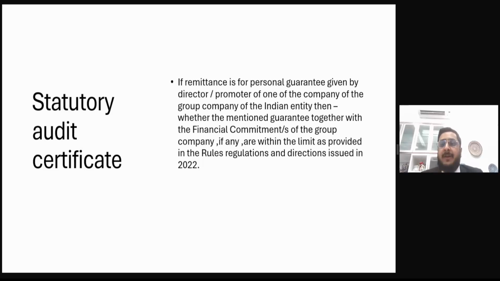Now, suppose a guarantee is being given. This is also a part, we're just continuing with a part of the statutory certificate. So, if the remittance is for a personal guarantee, and the guarantee is given by the director or promoter of one of the group companies of the Indian entity, then whether the mentioned guarantee together with the financial commitments of the group company are within the limits, the rules and regulations